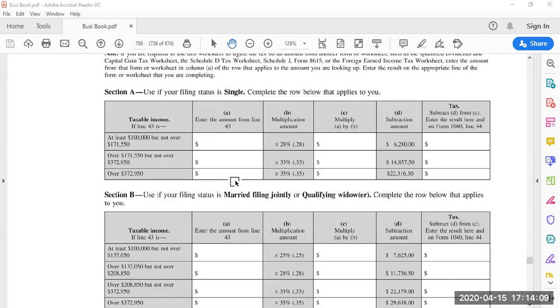So your total amount of taxable income would be entered in column A. You'd multiply that times the 35%. That would give you that amount there, from which you would subtract this 22,000, and you'll result in a number in this column that would be the amount of tax that you should have paid on the income that you've earned. And this amount you would enter on line 44